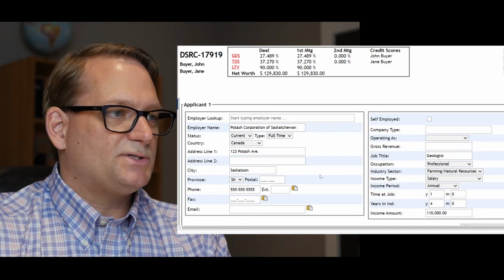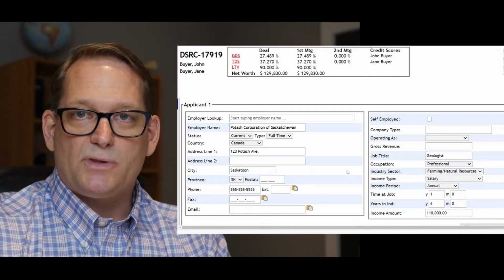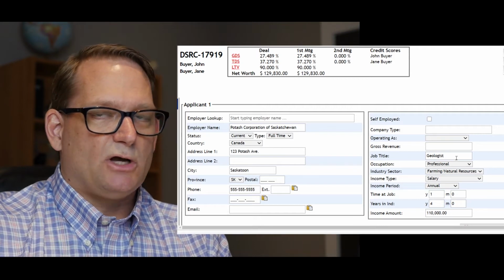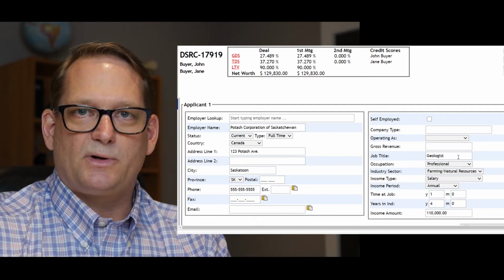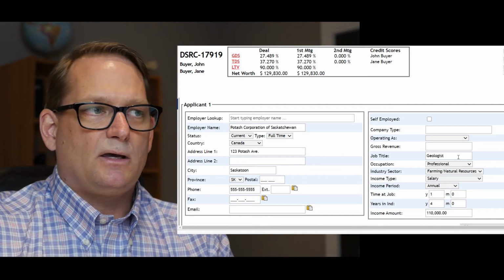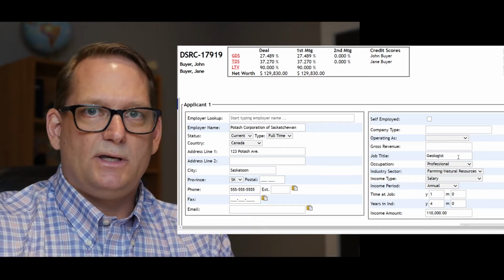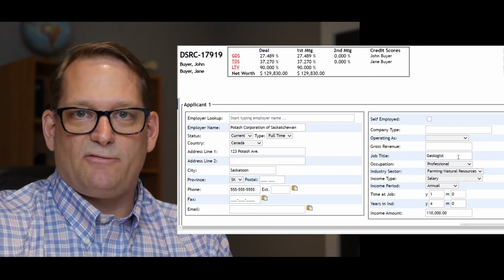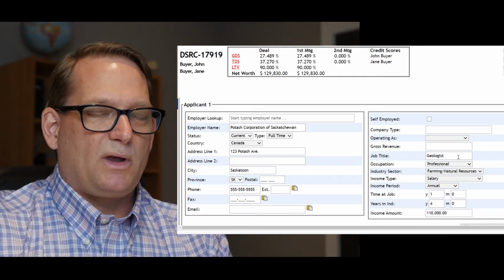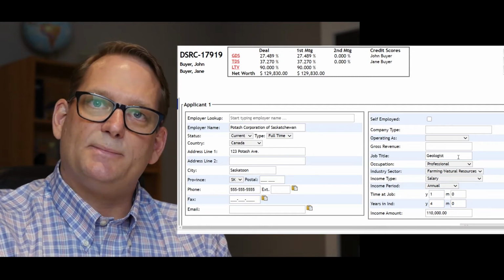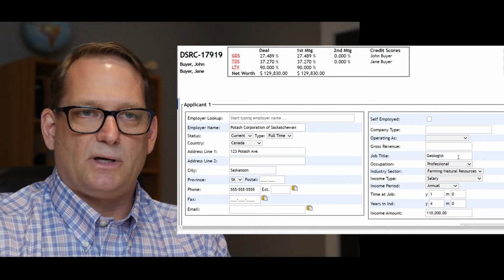So what we need to have is the proper address and name for the business in the application, as well as a job description. So if he's a geologist expert 1, 2, 3 or whatever, we have to make sure we put that in there because when we go to get any documentation, it might note in there his exact position. It might not even be called a geologist. So we have to be careful to make sure that this application is going to fit with the documentation that I'm going to be collecting from them down the road.